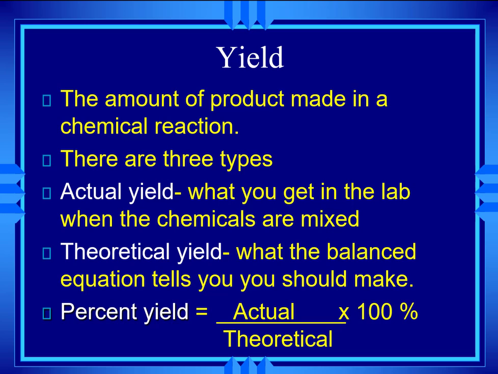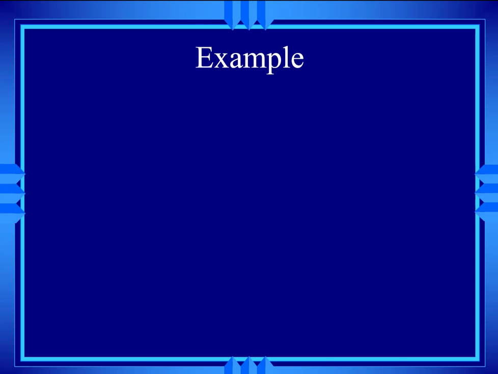You take what you actually got on the test, divided by what you could have theoretically gotten on the test. And that tells you your percentage on the test. It's not new math. It's just doing it with chemicals. It's like every percent you've ever figured out. Okay? So theoretical is the answer to a calculation problem. Actual is actually somebody has to actually weigh it. And percent is a comparison of it. Okay? So